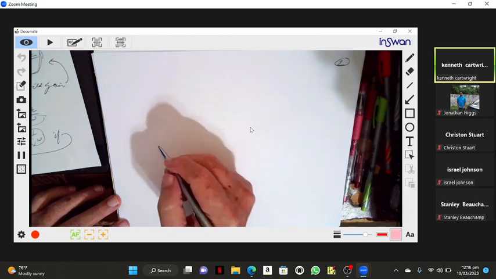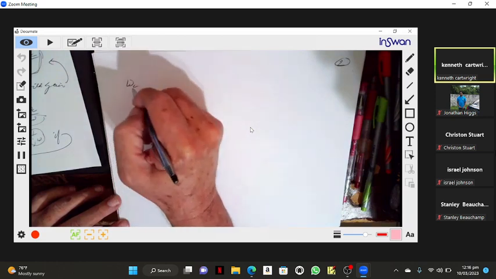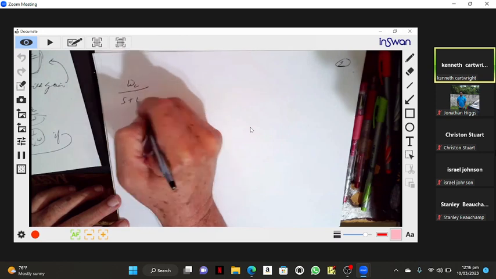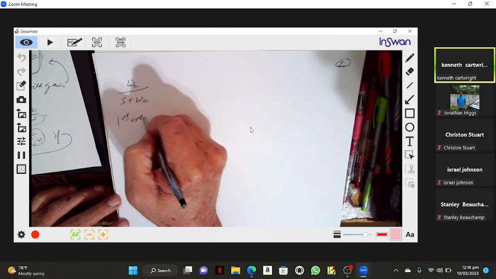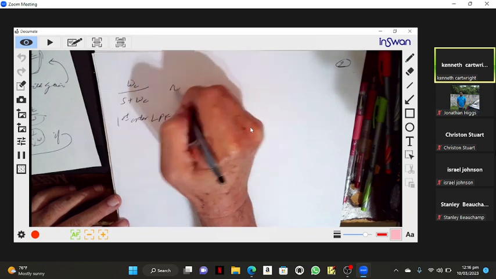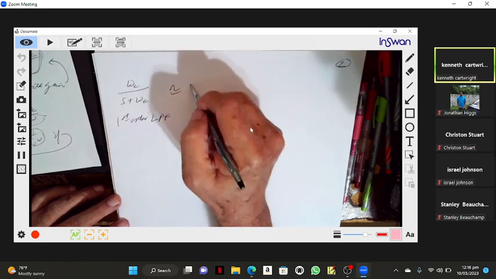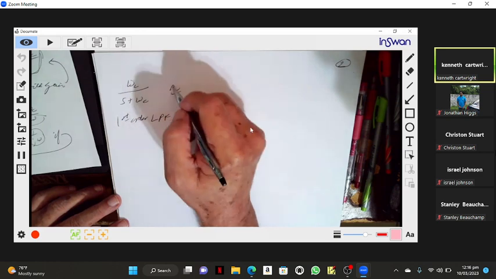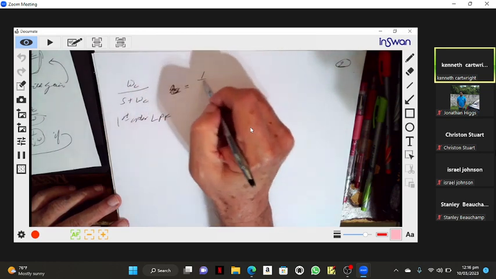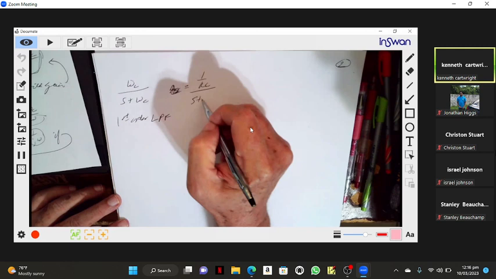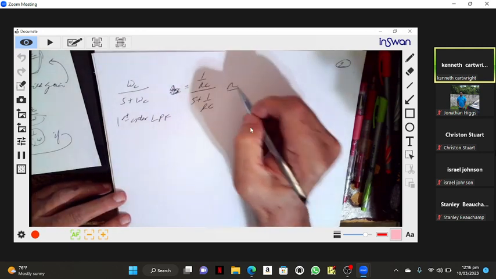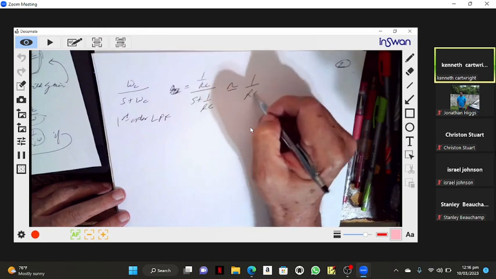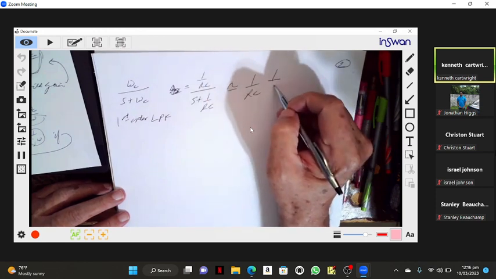So omega c over s plus omega c, a first order low pass filter, which of course is 1 over RC over s plus 1 over RC, is approximately 1 over RC times 1 over s,